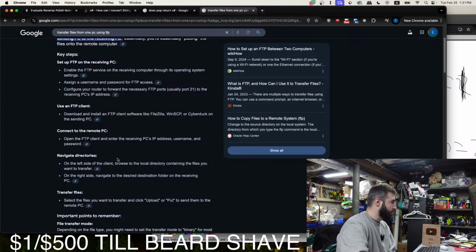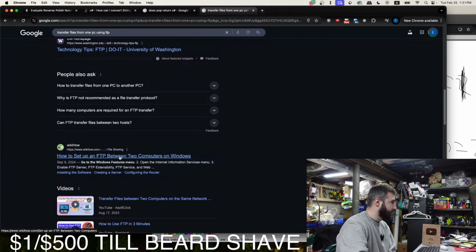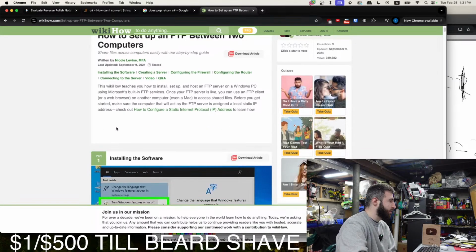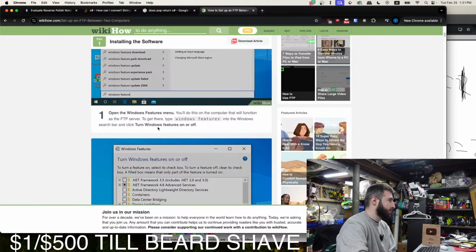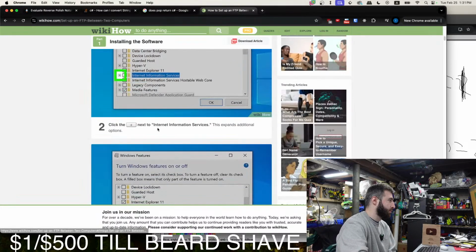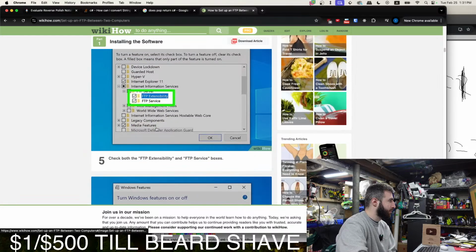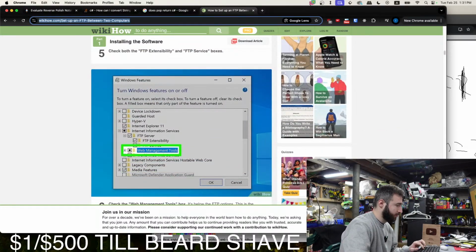Connect to the remote PC. We want the remote PC to... Okay. wikiHow. All right. This article will help you. You follow this article.